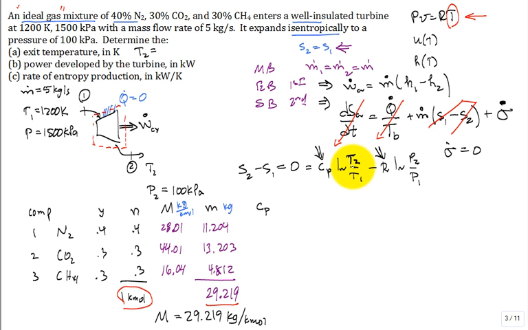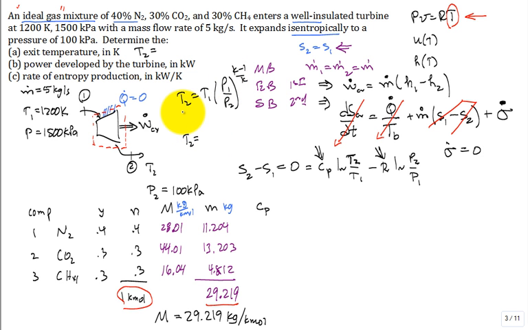All right, so what I did was I said, let's guess what T2 is. And let's say the first guess I used a 1.4 for K, and I used the expression that was just described, that T2 is equal to T1 times P1 over P2 to the K minus 1 over K. But I don't know what K is. So I guess that it's 1.4. I put it in there, and I get a T2 that comes in at around, I forget the value. But then I take that T2,